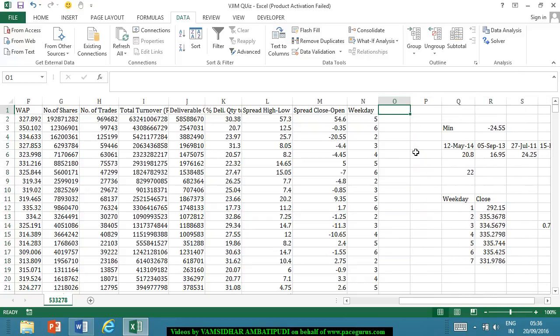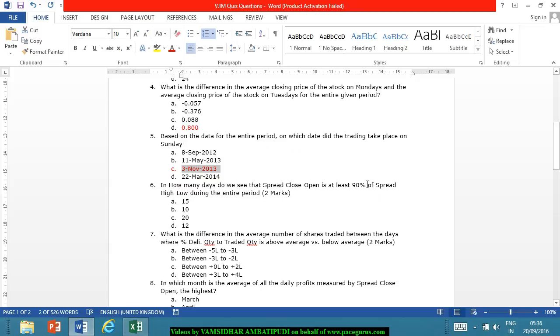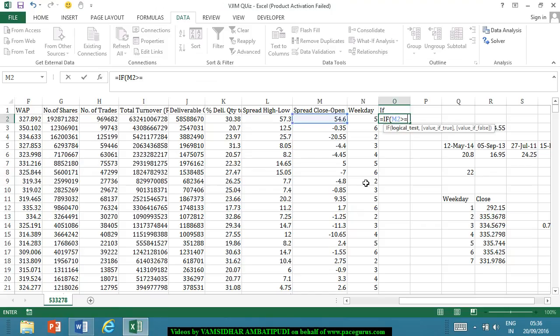So that is where I'll use the if function. So I'll say if close minus open spread is greater than or equal to, because we are saying at least 90% of the spread high minus low. So 90%, which is 0.9 times,